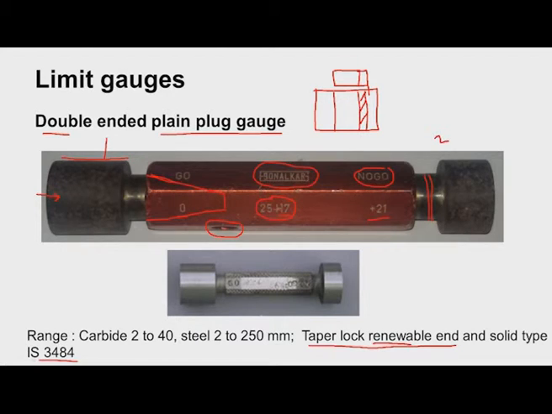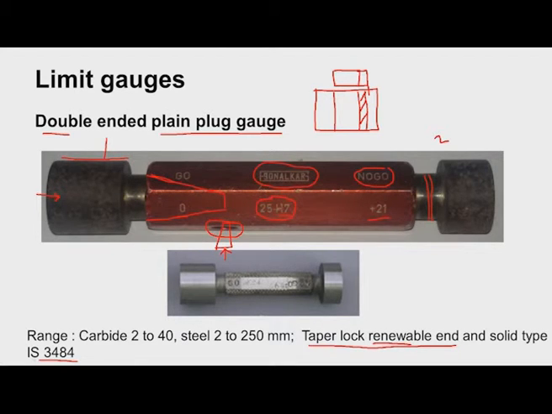So what we have to do is take a drift or a tapered part, and push it into the hole. In that case this gauge will come out, and then we can insert a rod to remove this no-go end, and then new ends can be mounted on this handle. That means the handle can be reused.